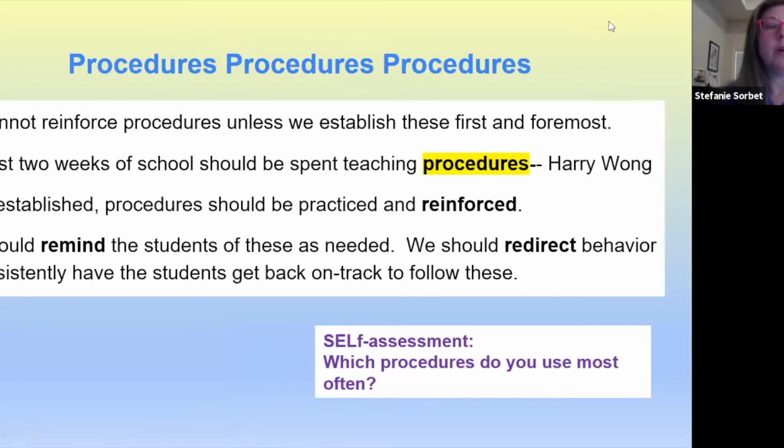Procedures. We won't spend a whole lot of time on this, but we can't reinforce procedures unless we establish them first. So if you've never told your students what's expected, you can't hold them accountable. Same as your principal. If your principal never told you lesson plans are due on Thursdays the week before, or they never told you you're expected to be on duty until a certain time every afternoon, the last bus leaves,